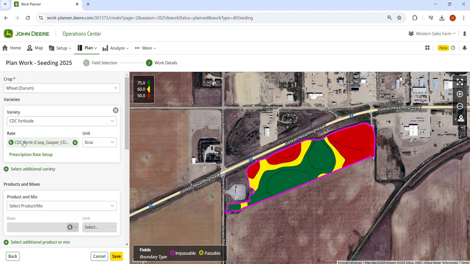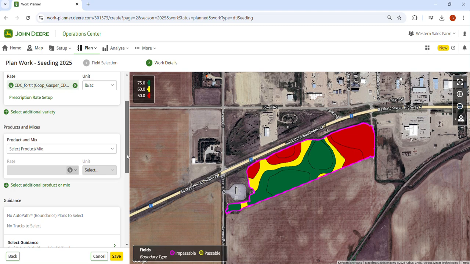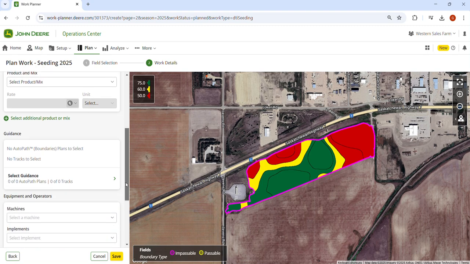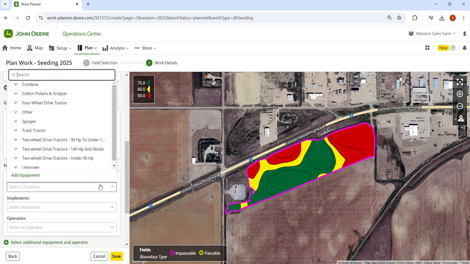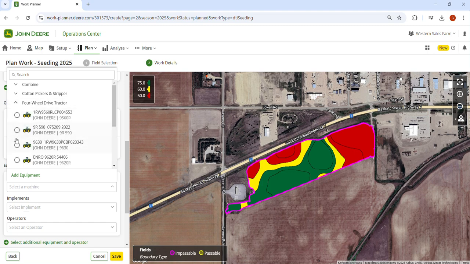So wheat durum, we've got all that written down here. If we want to add some more products like fertilizer, we're going to. Today, I'm just going to make the seed prescription. We're going to assign it to that equipment. So today I've got a bunch of tractors, fake ones in my profile here. So we're just going to go to four-wheel drives, select one,